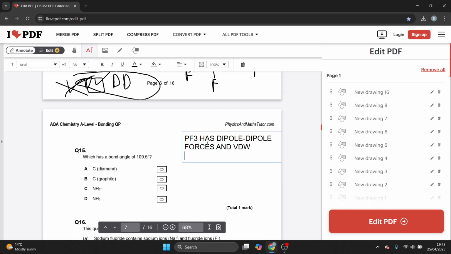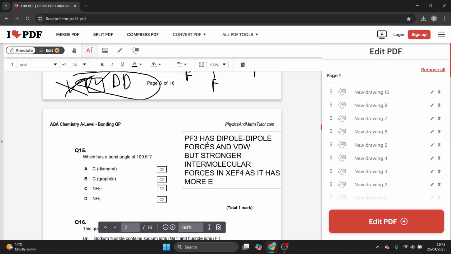And therefore it's got stronger intermolecular forces, and van der Waals, but stronger intermolecular forces in XeF4 as it